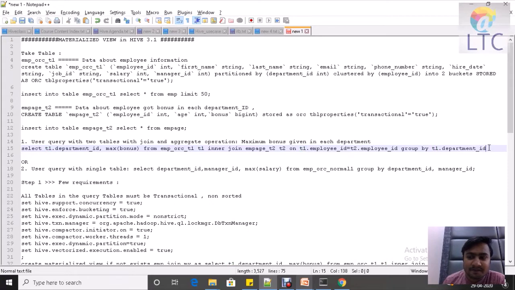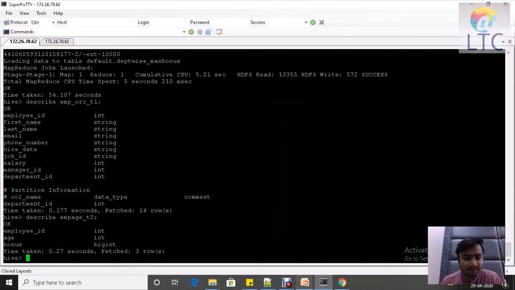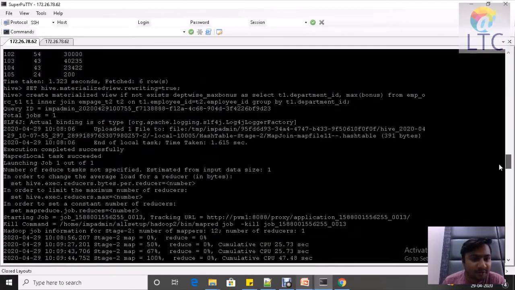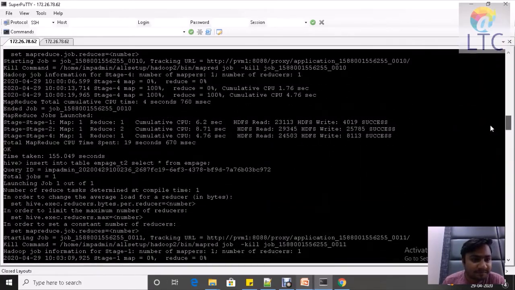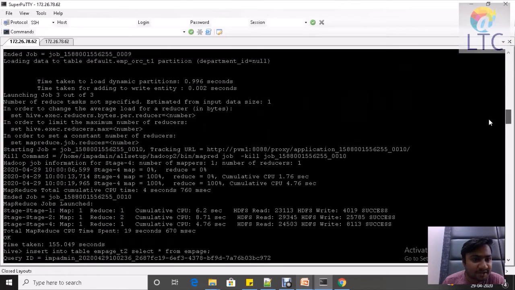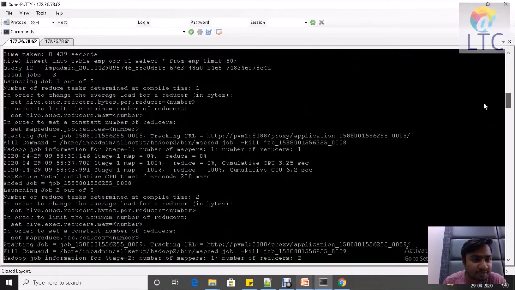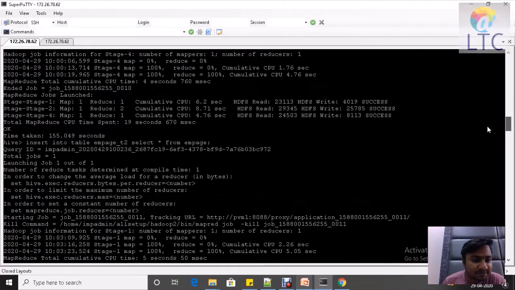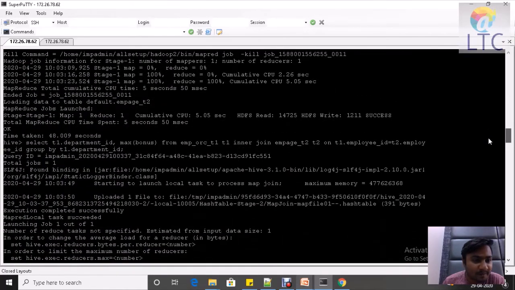If I run this query right now, it will start doing a MapReduce job and it will do calculations, and based on all these MapReduce jobs' output, I will get my result. Let me show you.